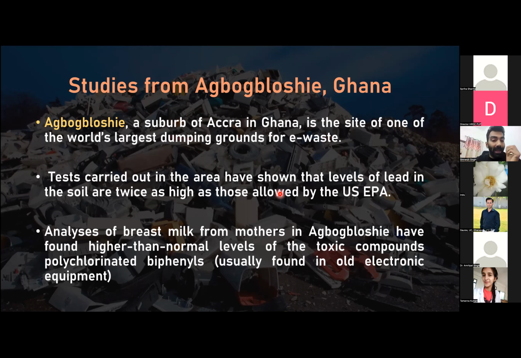Analysis of breast milk from mothers have found higher than normal levels of toxic compounds जो ओल्ड इलेक्ट्रॉनिक इक्विपमेंट के अंदर मिलते हैं, वो मदर की फीड के अंदर आना शुरू हो गया, Agbogbloshie के अंदर। हम अपनी आने वाली जनरेशन को क्या दे रहे हैं, हमें सोचना पड़ेगा।